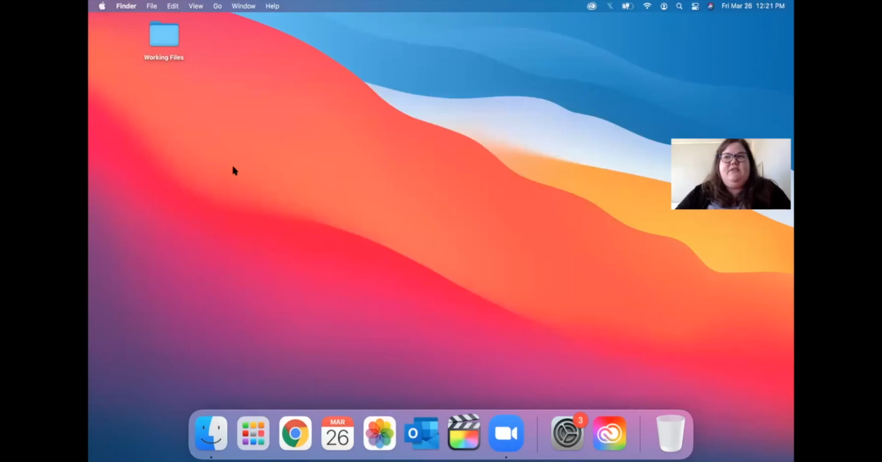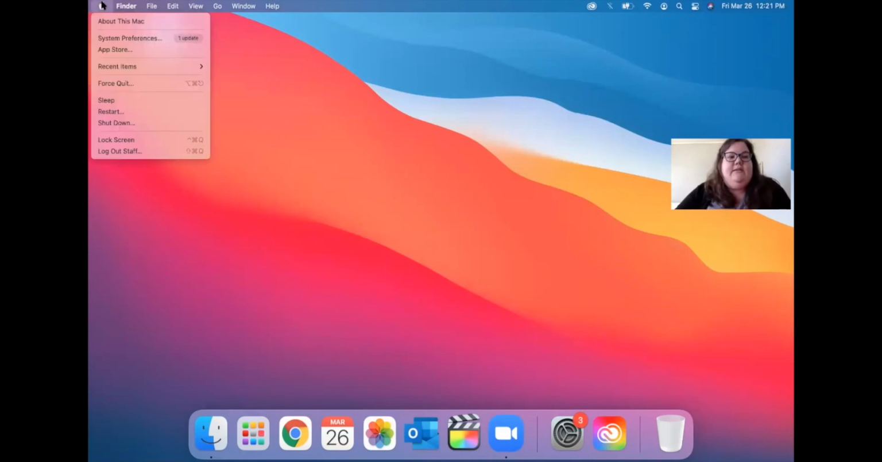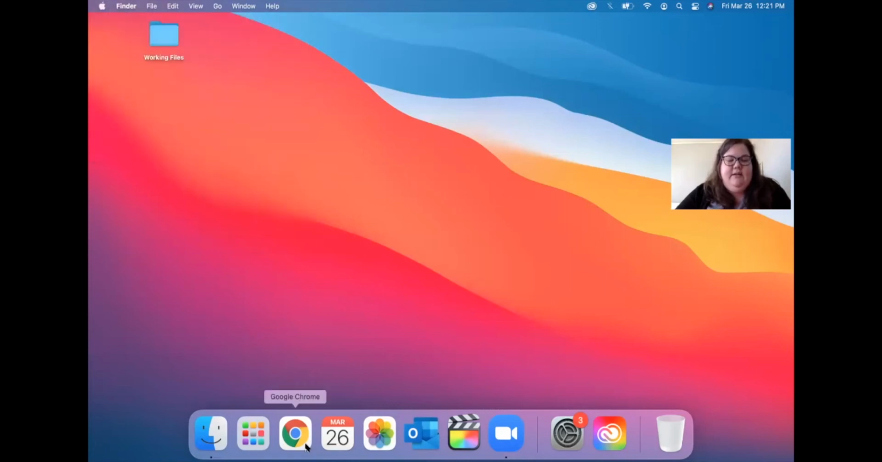So there's lots of things you can do to customize your experience with a Mac computer. And one of the things I always suggest that people navigate to first when you're first using the machine is to customize it. So I'm going to go in here into this little Apple icon, and you'll notice